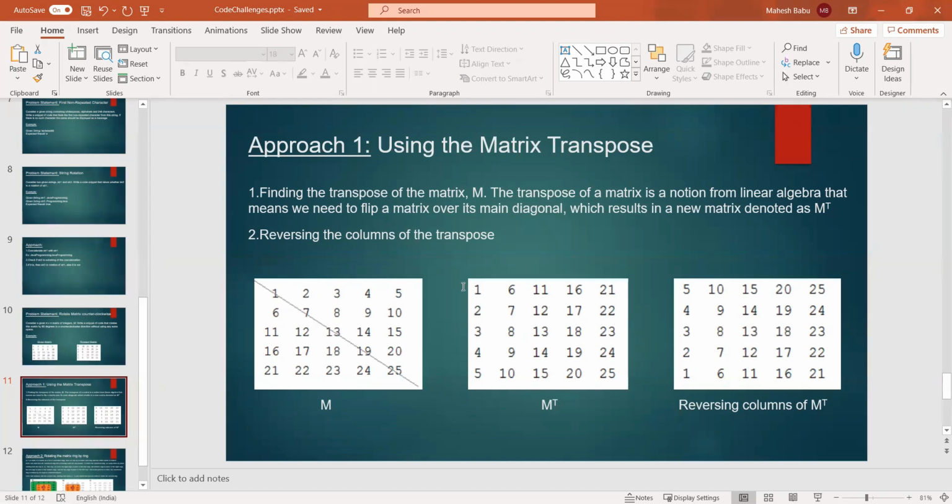So we definitely need variables here. The first variable will be fixed for the column, and we need two more variables: the first will be incremented from top to bottom, and the second will be decremented from bottom to top. That's how we swap and achieve the reversing of the columns, right?